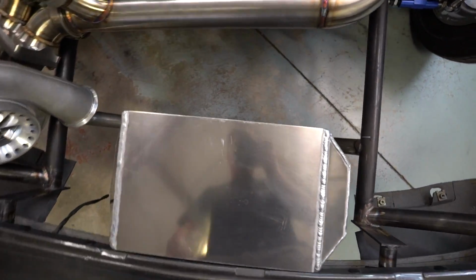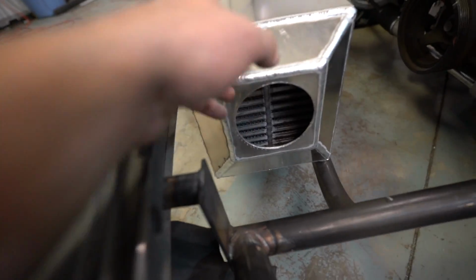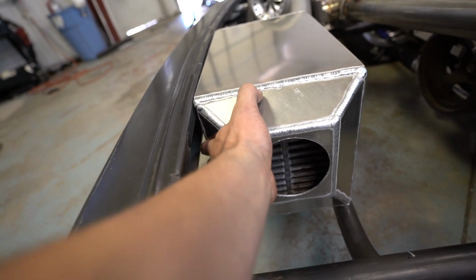I'm gonna wait for this to cool off and then we'll bolt this back on and I'll show you guys what it looks like. Thick girls all mounted up. Really like how it sits in there. Of course, with just those 2 tabs on the bottom, like I said, it's kind of flimsy, like you can